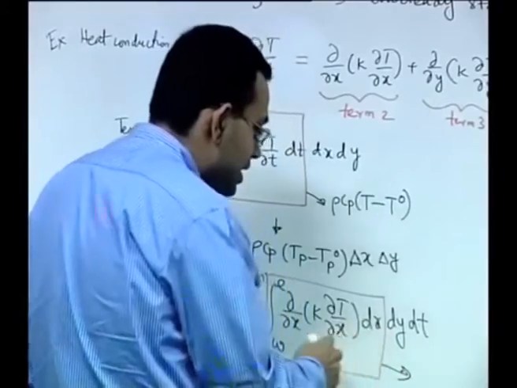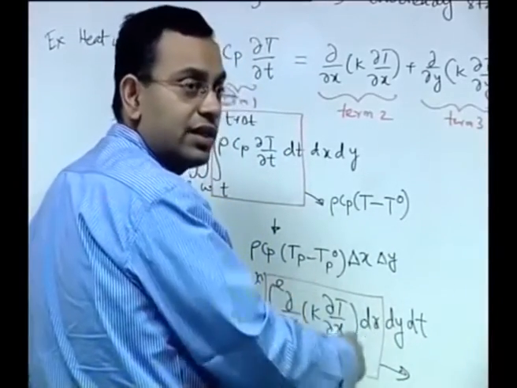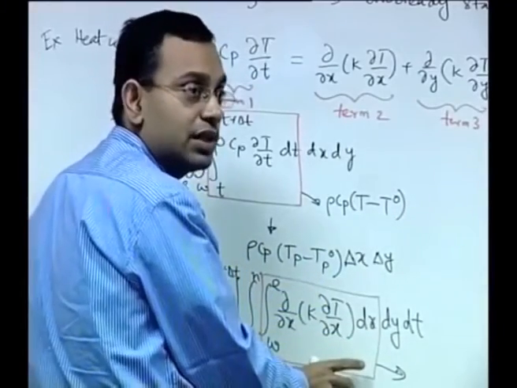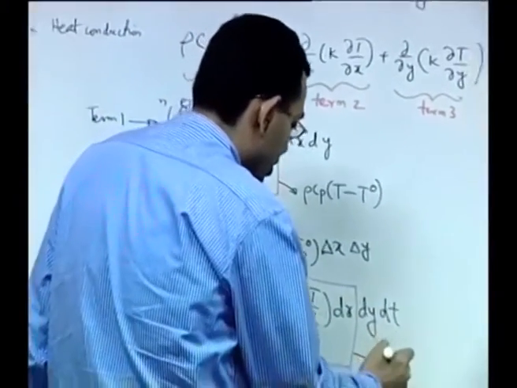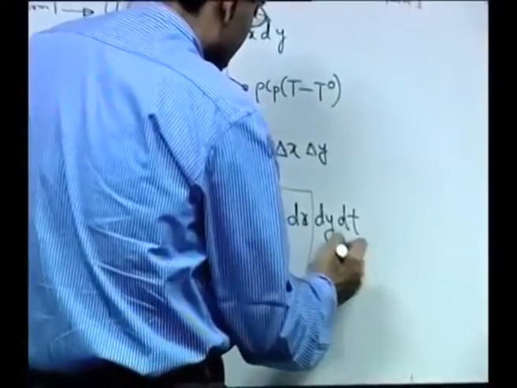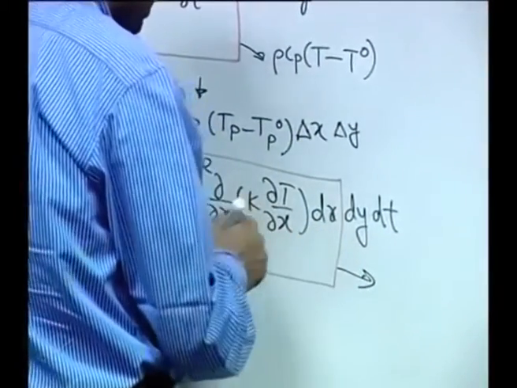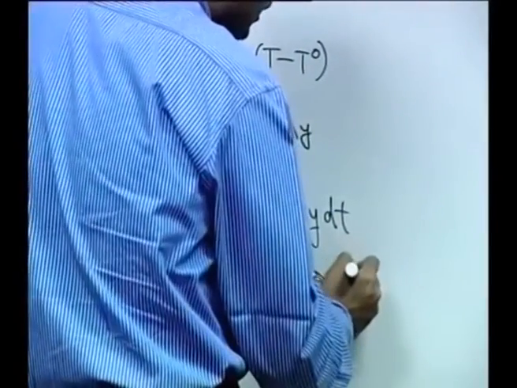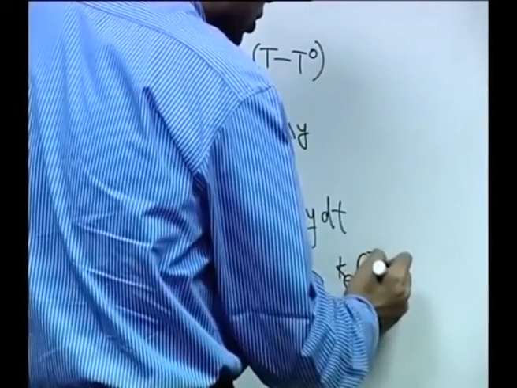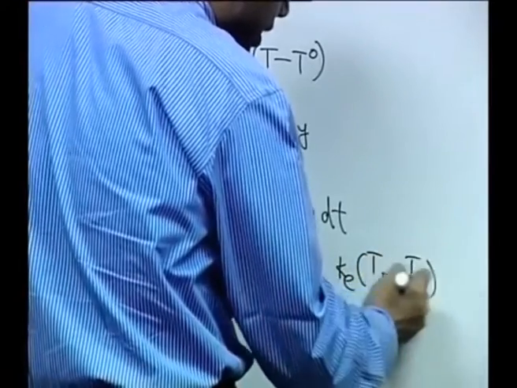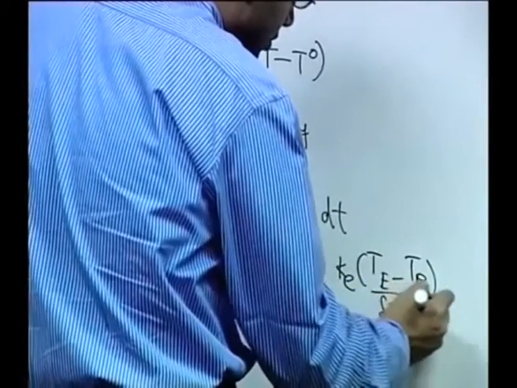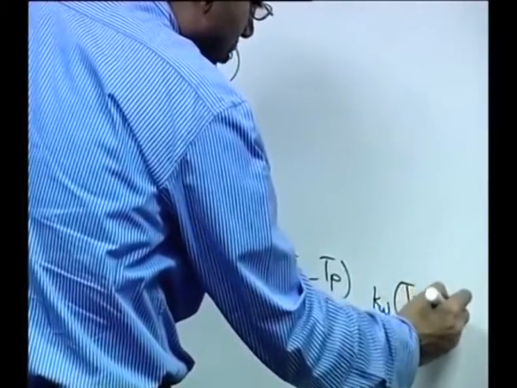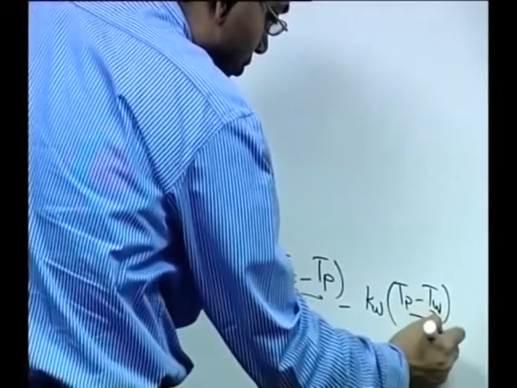So you can see that it is basically a locally one dimensional calculation that you are doing and adding a dimensionality over that. This is a local one dimensional calculation. So it will become k dT dx at small e minus k dT dx at small w. So I am writing it in one step. So it is k e into (T E minus T P) by delta x e minus k w into (T P minus T W) by delta x w.